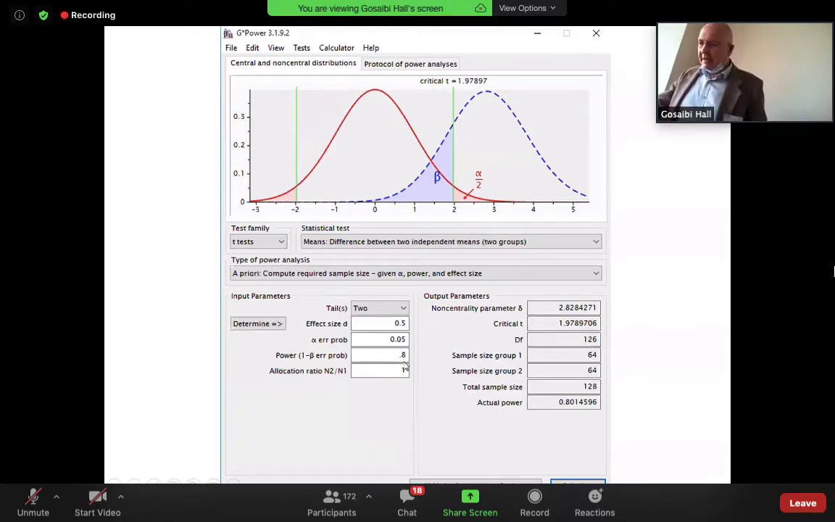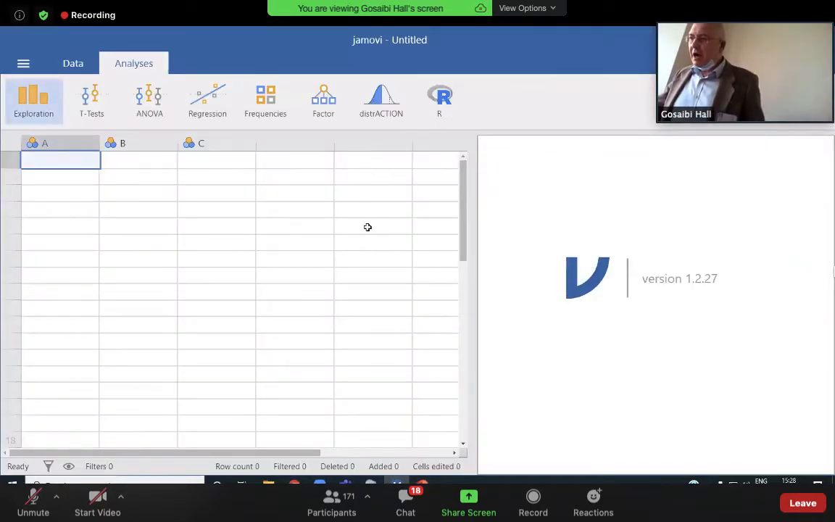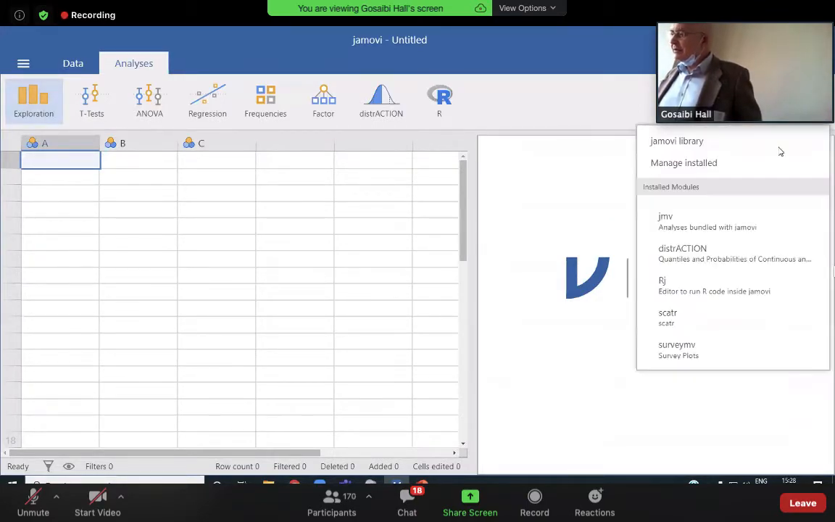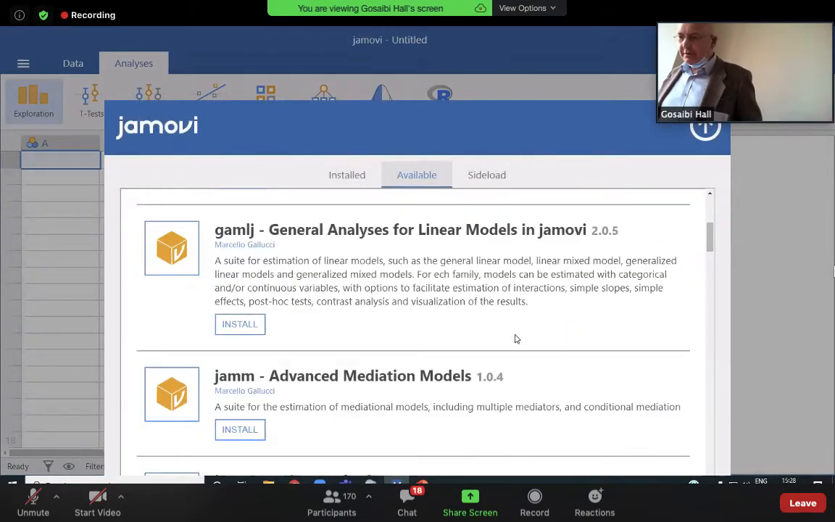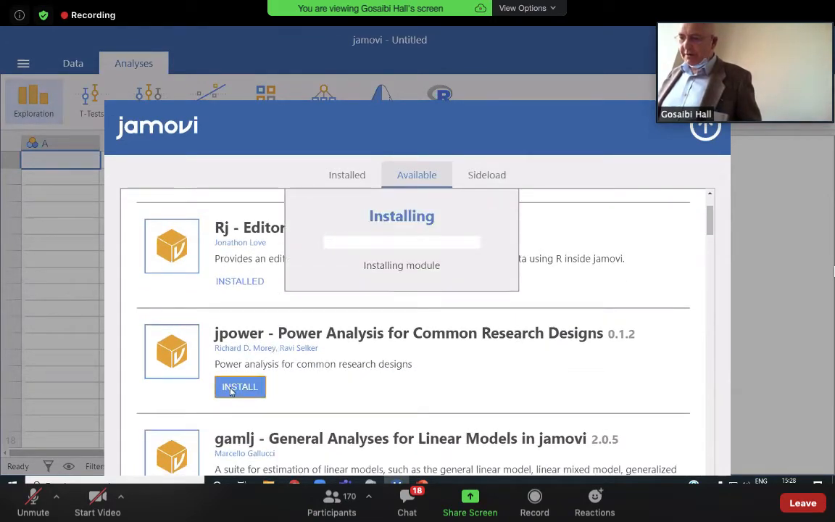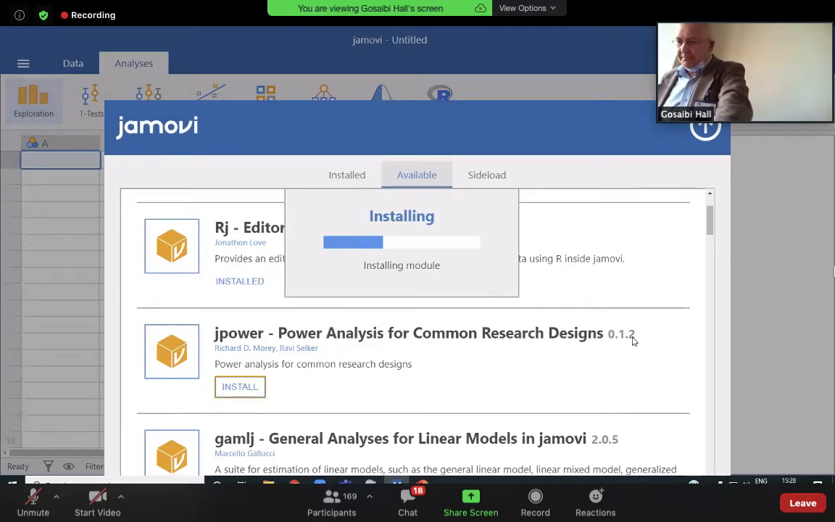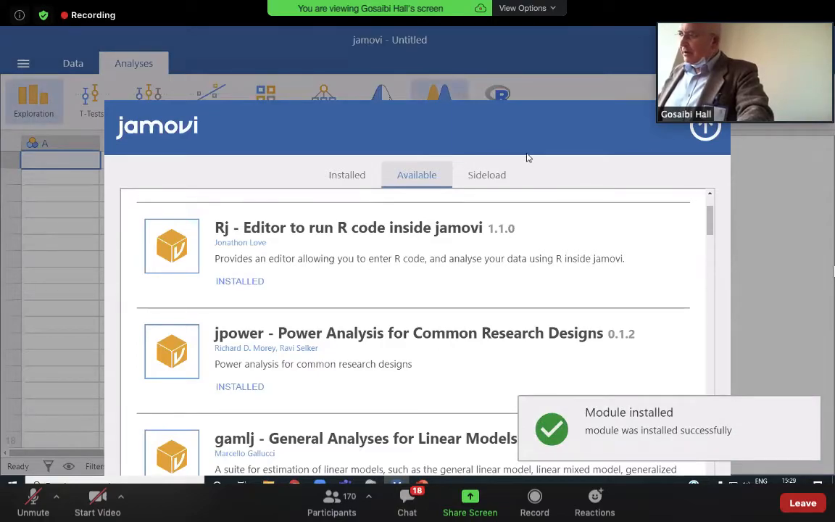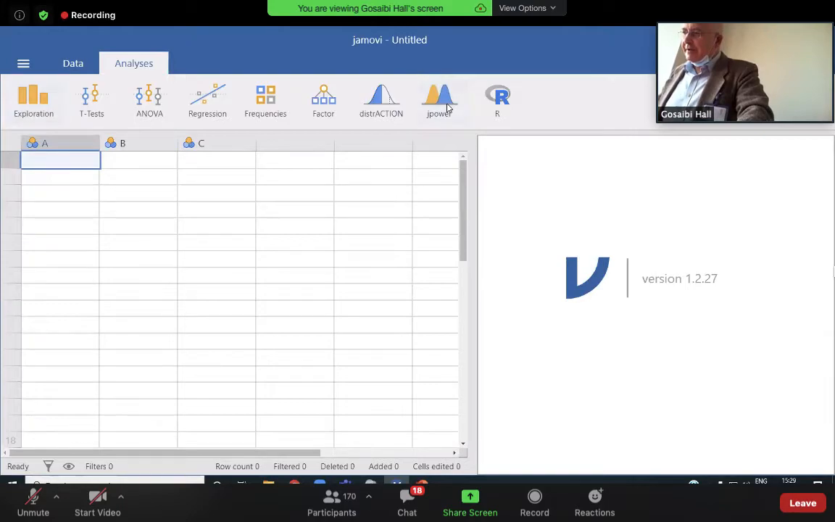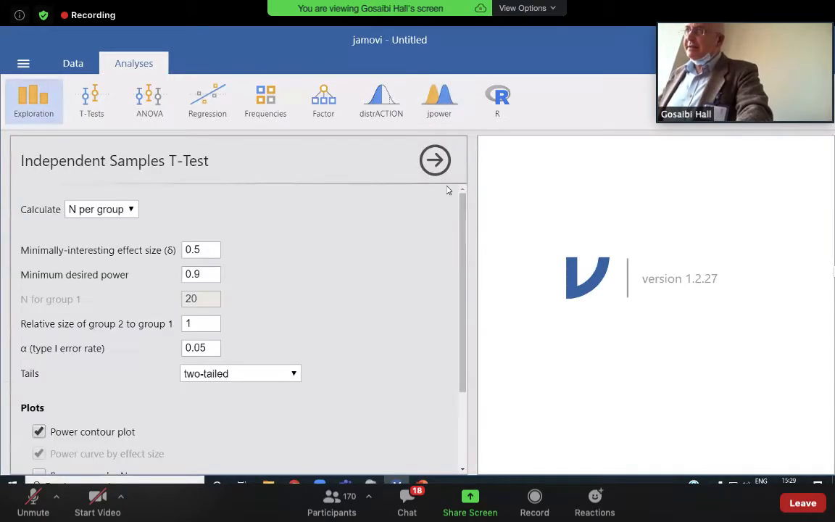Now I can show you this in Jamovi. Let's do exactly the same, actually. Got Jamovi here. I need to install it first. So let's go and install it. Okay. So it's a module, library. Here we are, J Power. Okay, so we install this. All right. So where is it? It's here. So if I click on this, and I'm going to do independent samples t-test,